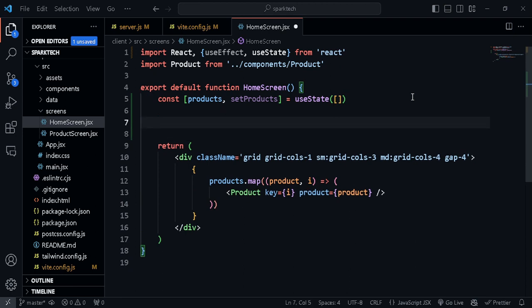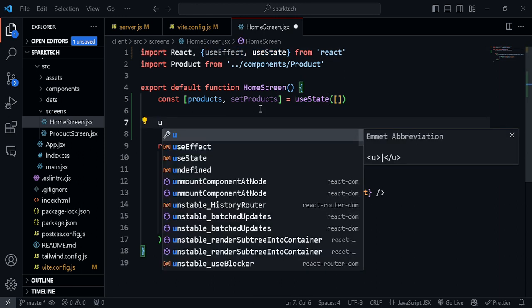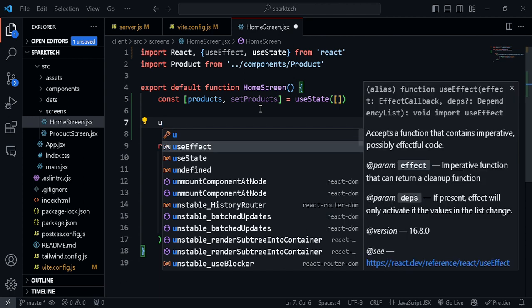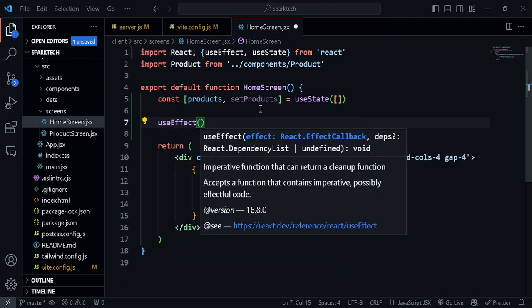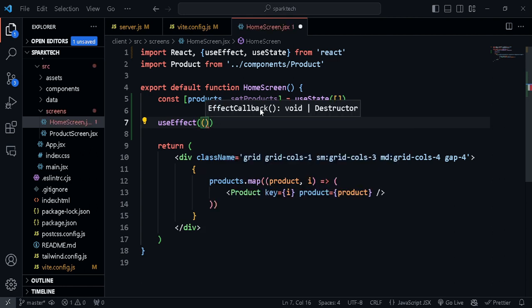For that I'm going to run a useEffect hook. useEffect runs whenever any dependency changes, or whenever a page is loaded. So let's say we are loading the home screen, then this function, useEffect, will be run. This is basically used to make any kind of request to the backend, so that if we land on a particular page, it instantly makes that request. useEffect accepts a function,